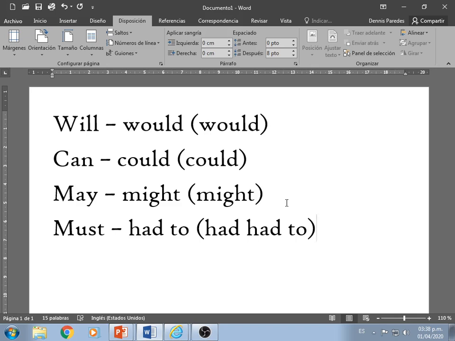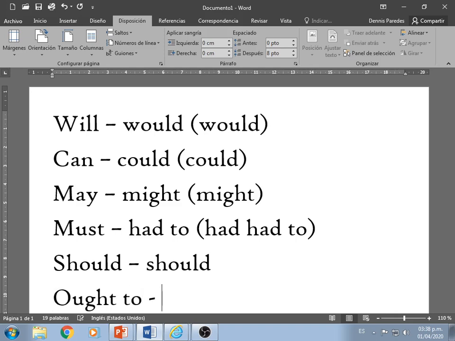Had, yeah, the first one is going to be the auxiliary, the second will be the verb. Okay, in the case of should, that might be the same should. And let's see if one is missing, or maybe ought to, that might be the same ought to, so we don't have any changes. So those are going to be the different